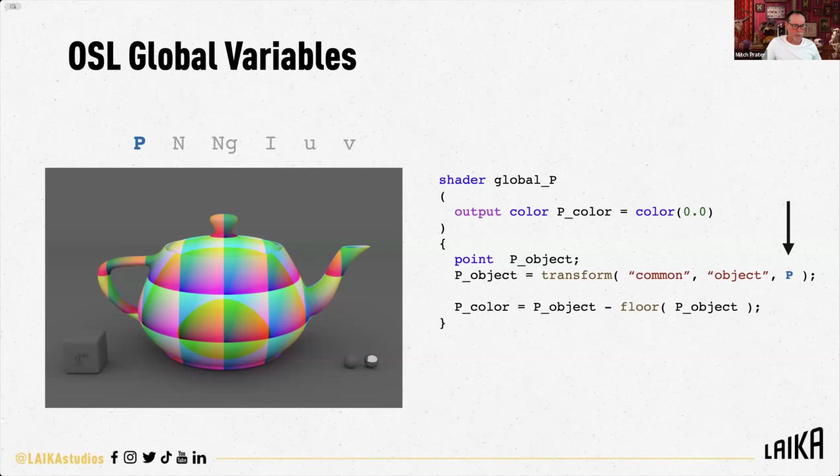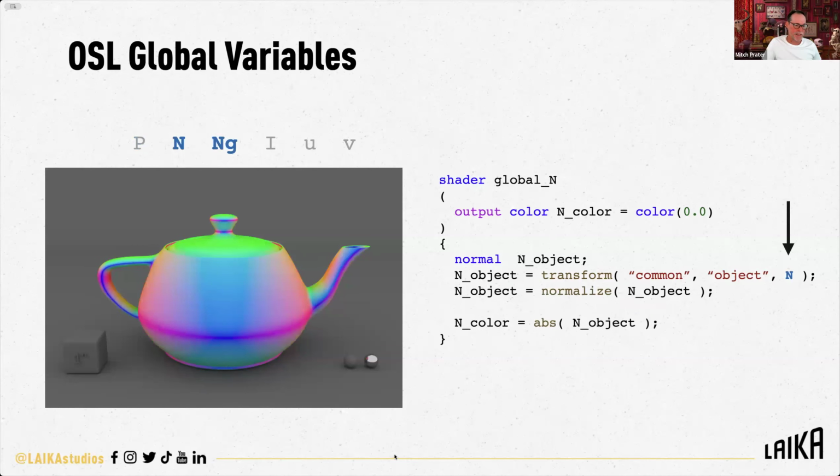In this image, P_object's values are ramped in a sawtooth pattern by subtracting the floor, or integer portion, of the point's values from itself. And this floor function operates on each component separately. N and NG are surface normals. These are unit length vectors that describe the surface's orientation. N is typically called the shading normal, and NG is the